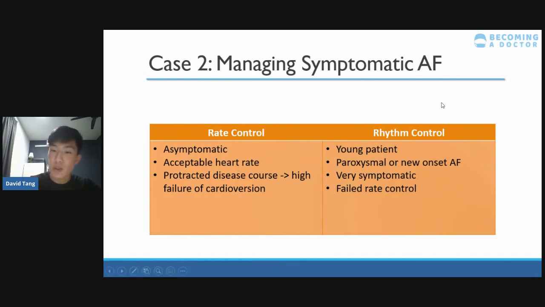And in terms of rhythm control, we tend to favor it in younger patients, those with paroxysmal AF or new onset AF. And new is a really arbitrary word, but it is actually less than 48 hours if you want to stick to guidelines strictly. But in clinical practice, it is really hard to know when the patient actually had AF. By the time you see an ECG change, it could be months, it could be weeks, and the patient might not even have symptoms. So it's quite difficult to use the less than 2 days time limit,